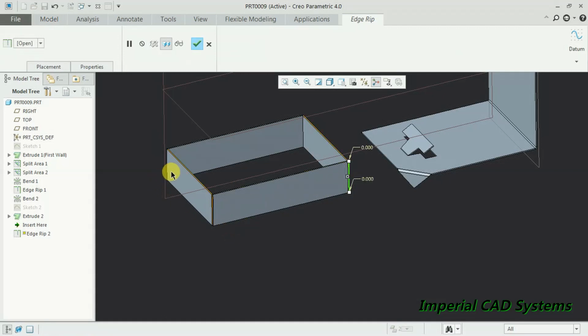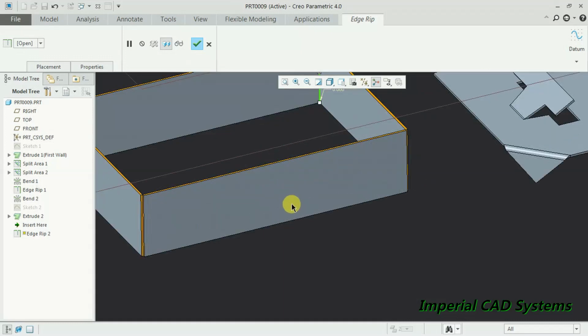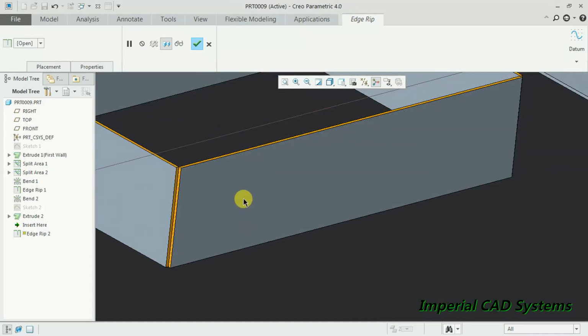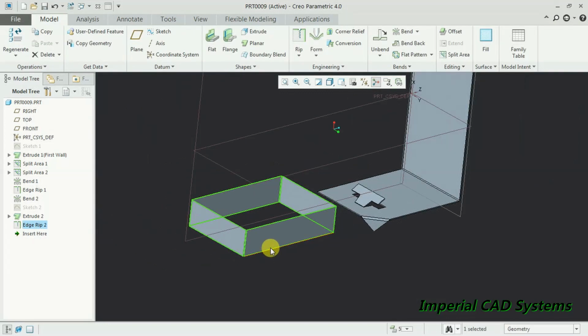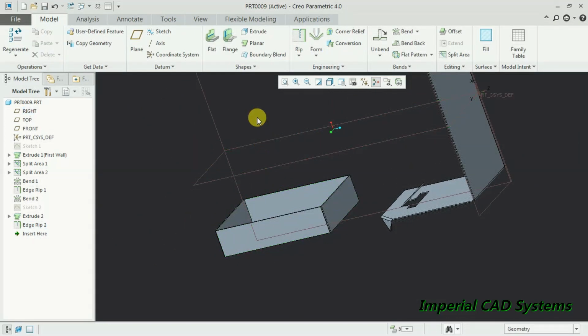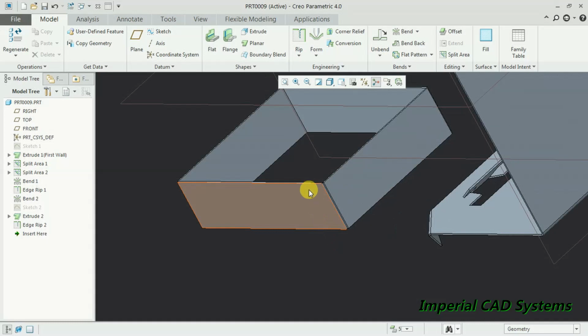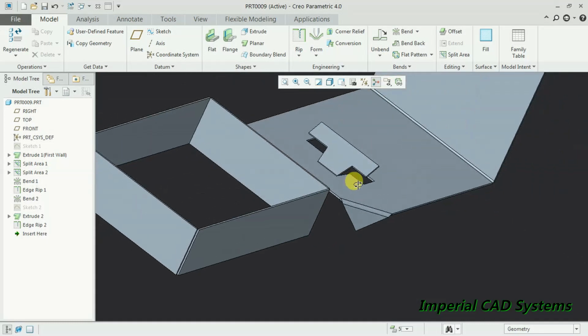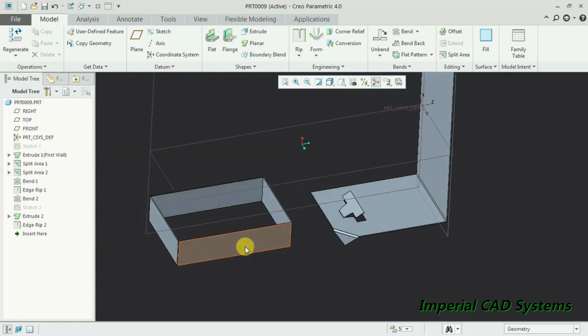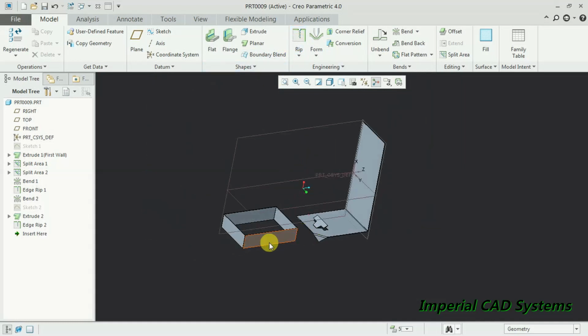See, like this. I selected 4 edges. See, now it splits a sheet into a number of walls, 4 walls, like that. You can utilize this option, or else